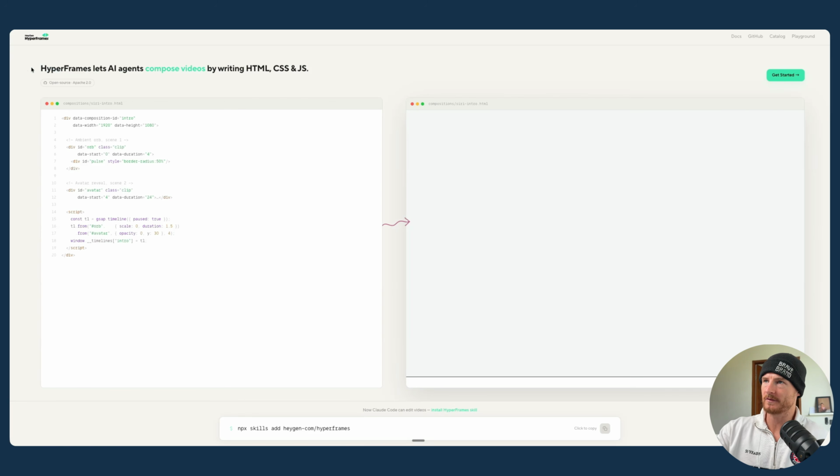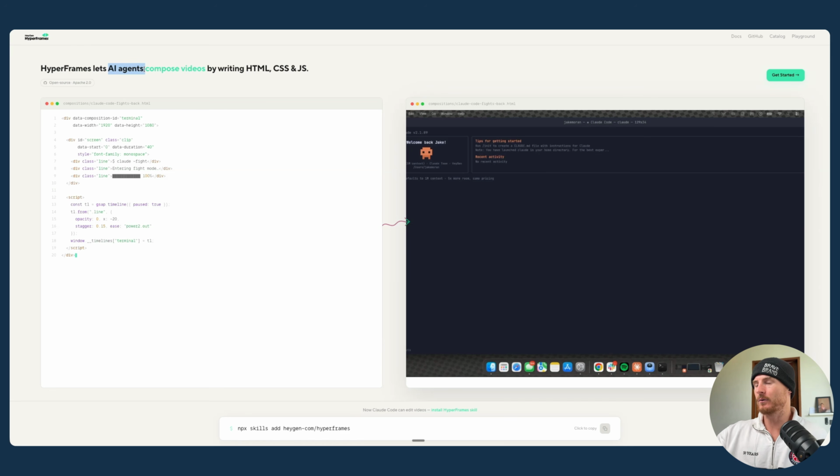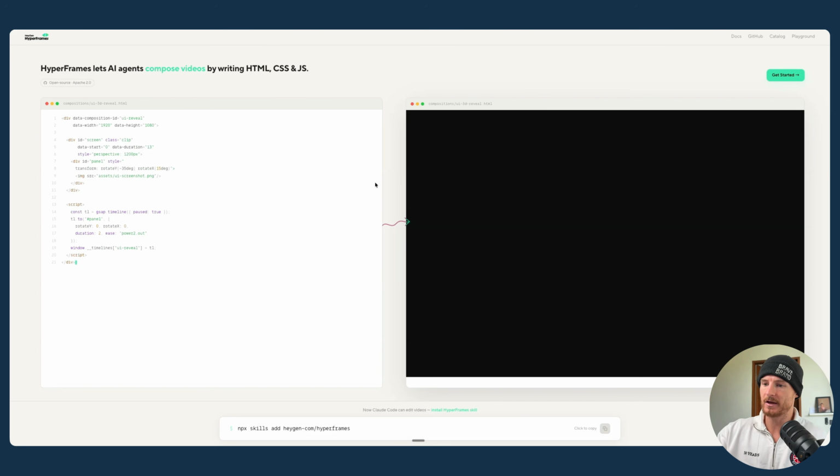Okay, so the tool I used was Hyperframes by HeyGen, which essentially allows your AI agent, aka Claude Code or whatever, to compose videos by writing HTML. So every video that you just saw was essentially hand-coded by Claude Code. That means it can go and take complex concepts or take concepts about your brand and turn them into animated